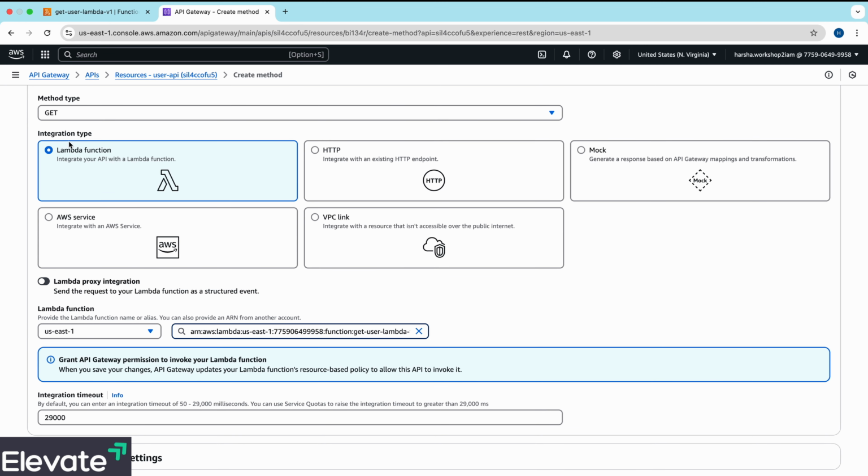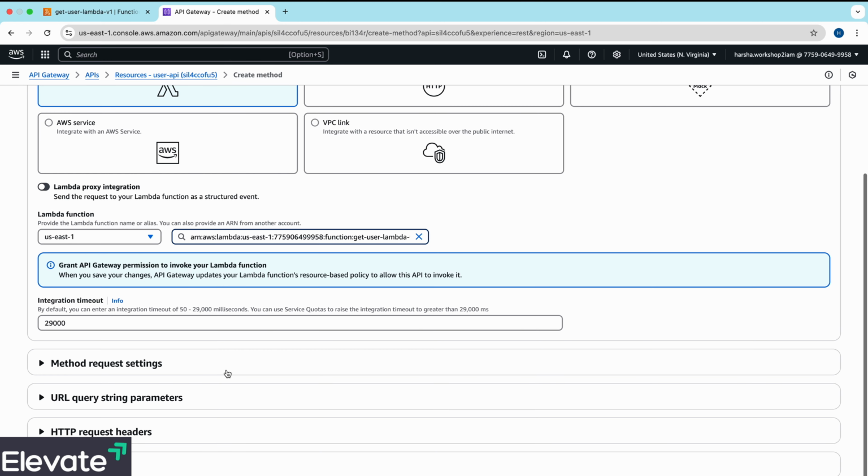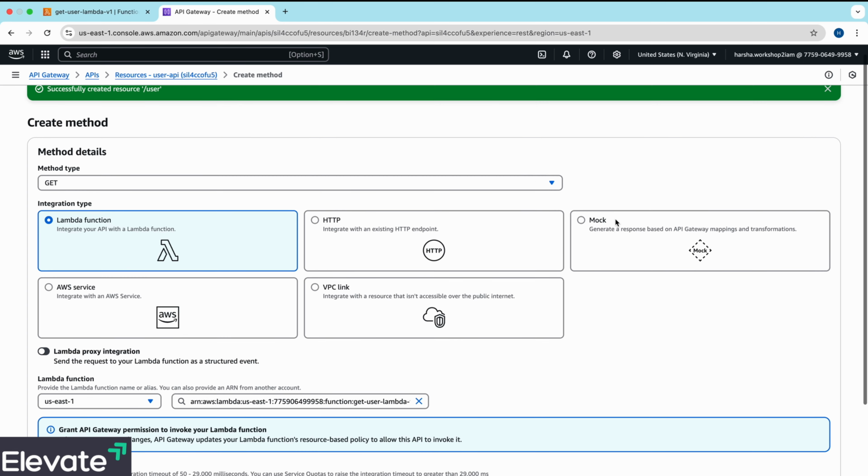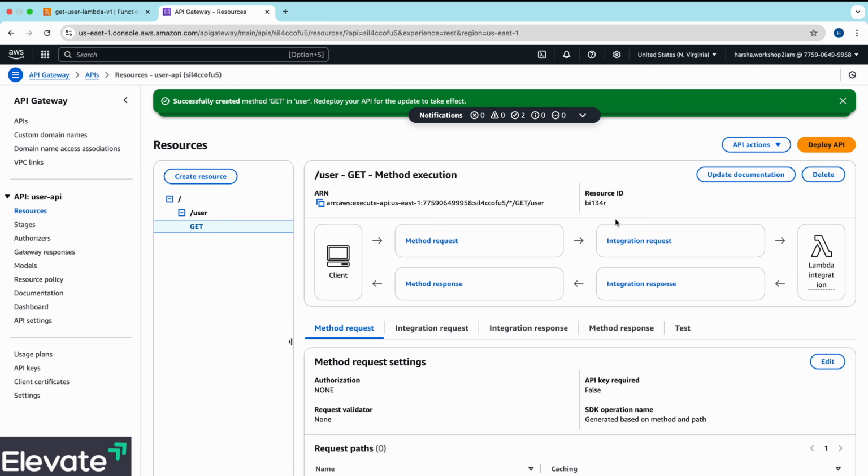So I'm going to integrate with the Lambda function, and I can leave all the other fields as default. And I think that's all we need to do